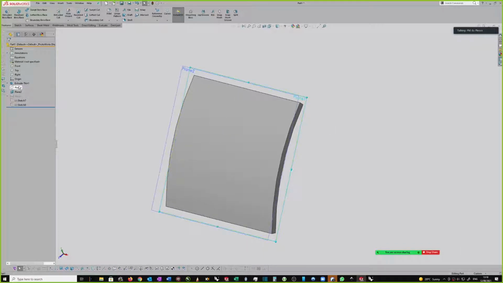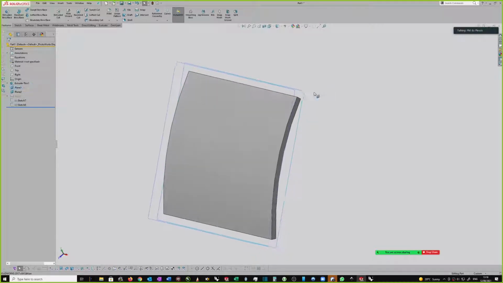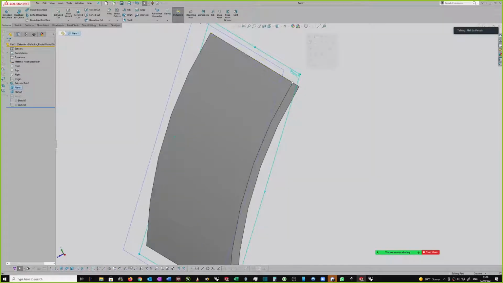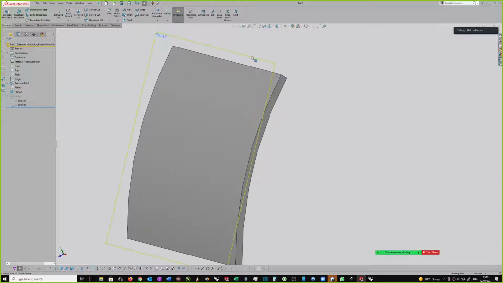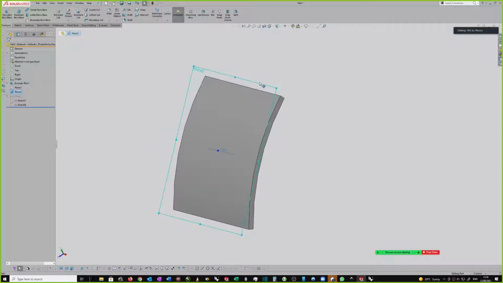And then I created a plane through 3 points, so through 1, 2, 3. I'm going to hide it, and then I offset a plane so that it's now tangent to this curved plane. Okay, so with that selected,